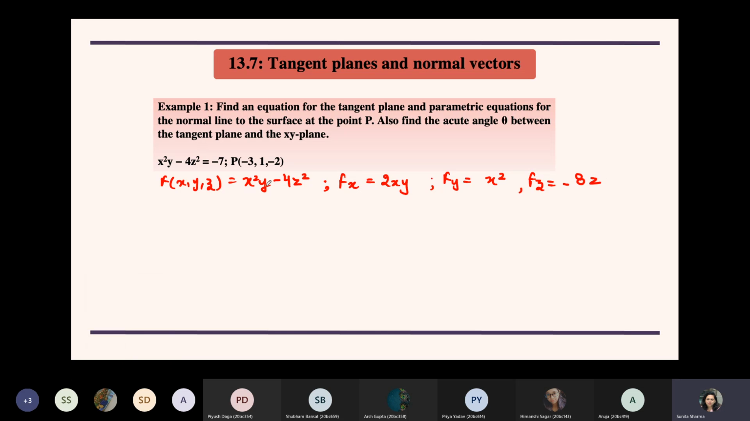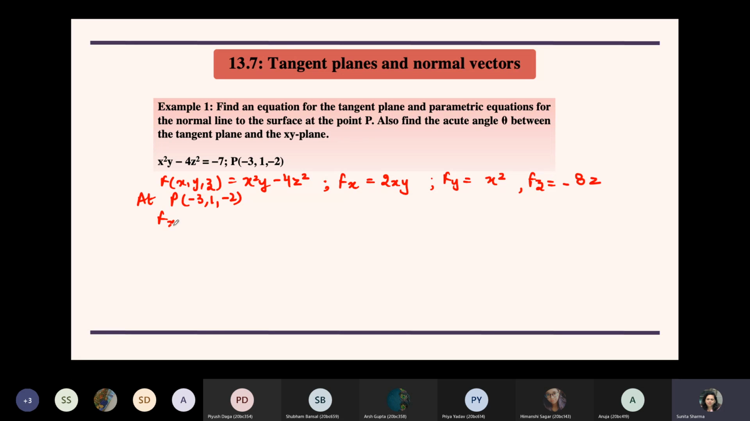Minus 8z. Okay. Now, once we have found these, we have to find the partial derivatives, or the components of the gradient, at the specific point minus 3, 1, and minus 2. So, at this point, at P,